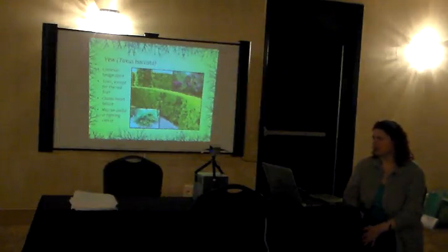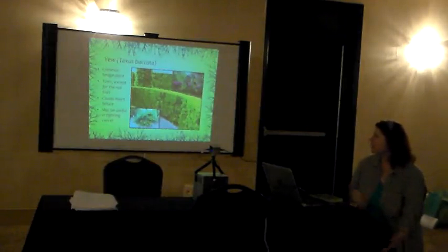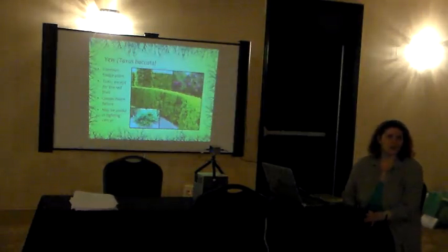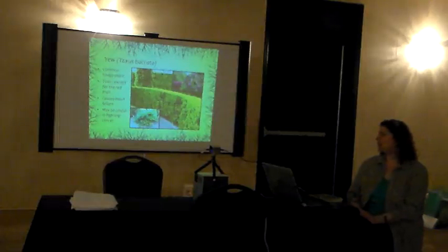But again, probably better off not eating the berries, because even though these berries are okay, the seed inside them, not so much. There's been some studies that the poisons in this might actually have a medicinal purpose in fighting cancer. There's been some research into it. So, it would be nice to see something good come of it. But, what's very fascinating to me is that toxins and medicines are so closely related. Mm-hmm. And a lot of it is application, quantity, what it's mixed with. To say that something is poisonous, there's also the potential there for it to be a cure for something. But great care and caution has to be